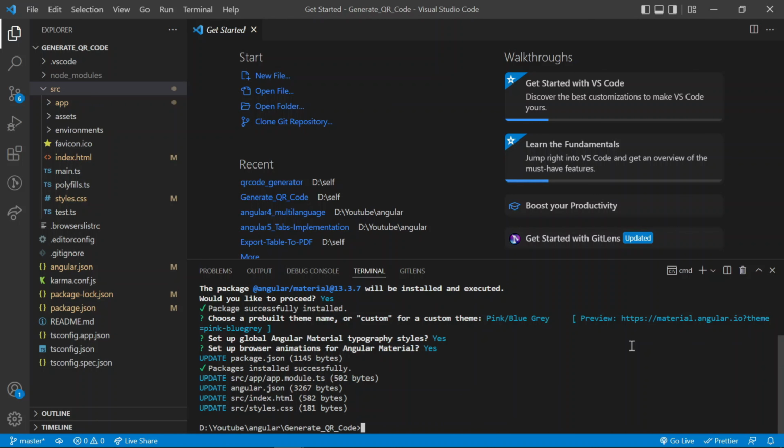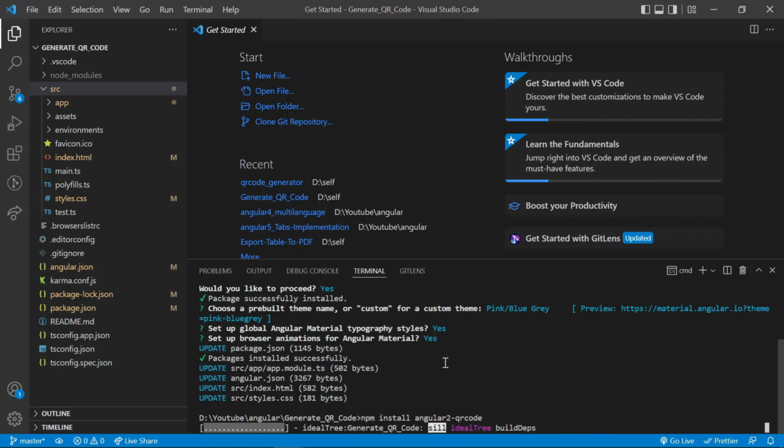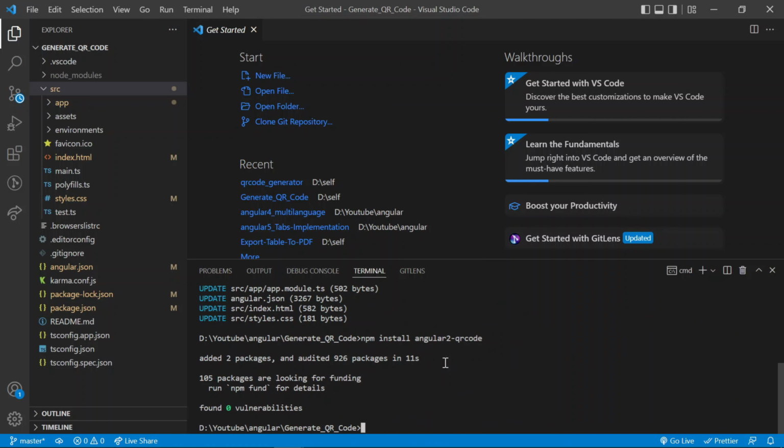Now Angular Material is added and I am going to install the QR code module. For that, the code is npm install here. The QR code module was installed successfully.